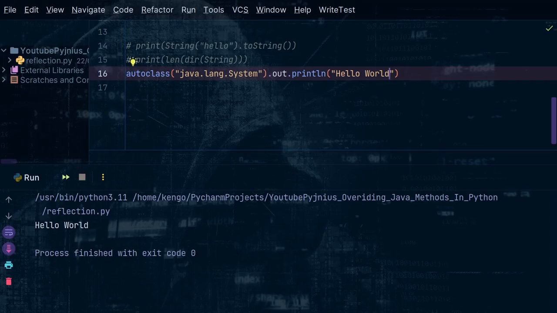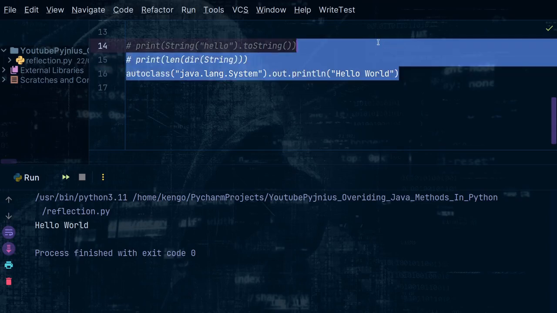So this is the system out print line in Java, how you print out stuff to the console. You use system.out print line. In Python you use print. Simple, right? So this is what system is. Now what we are trying to access only is the out variable. We're only trying to access the out variable because we want to use it to print out stuff to the console. So for us to be able to access that,